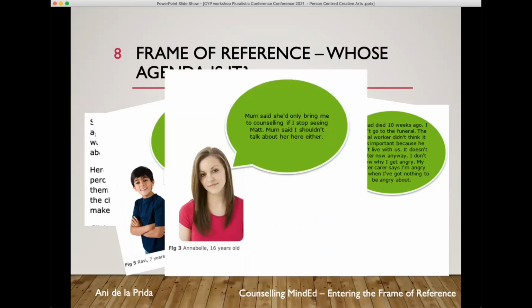Mum said she'd bring me to counselling if I stopped seeing Matt, and Mum said I shouldn't talk about her hair either. So just be aware that they come with baggage, with sometimes instructions, with feelings of guilt about talking about a parent potentially, or maybe instructions not to. So there can be some unpicking